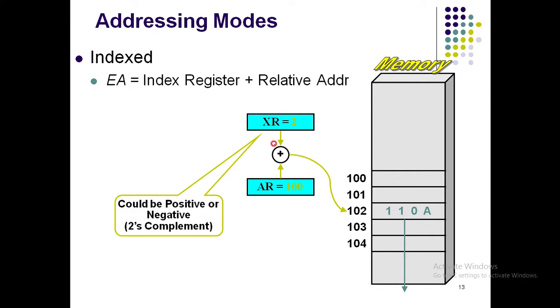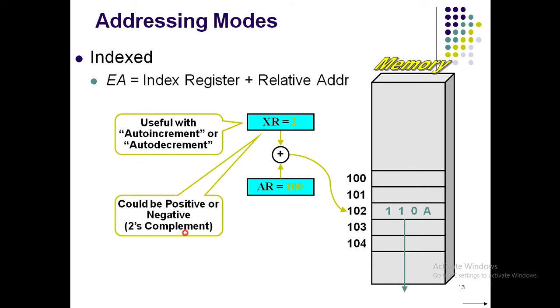Now whatever number you have here, XR, it could be both negative or positive. That is, it could be a signed number or an unsigned number. I hope signed and unsigned numbers are clear, which has already been covered in your module number 1. Now, this XR, whatever you are seeing here, is very helpful in the upcoming classes. You will be coming across two important addressing modes, which are called auto increment and auto decrement.